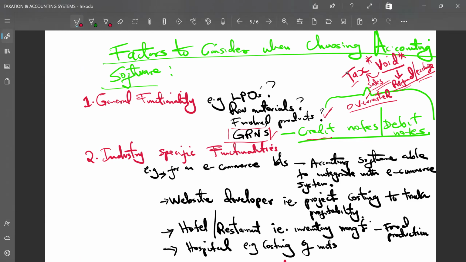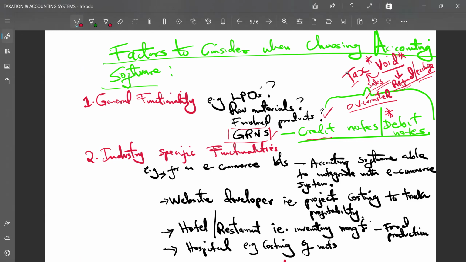Now, how does your system reflect that change? The GRN was already received. You already received the goods in your system. Does your system really recognize the tax aspect and the implication on the input VAT? Remember, your input VAT has to be in conformity and it has to be correct for you to claim it successfully from the taxman. And tax being a cost on business, it is a critical aspect. You have to look at it. You don't just assume. Don't assume. So I'm challenging you to look at them.